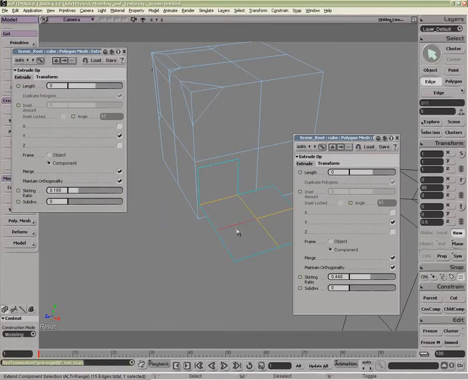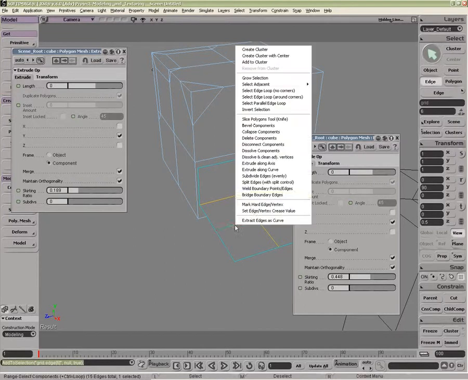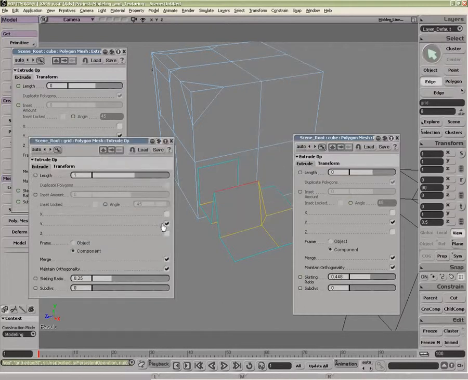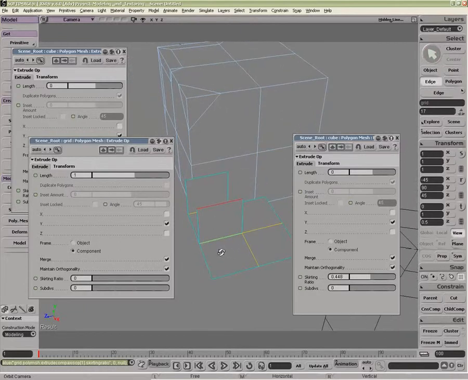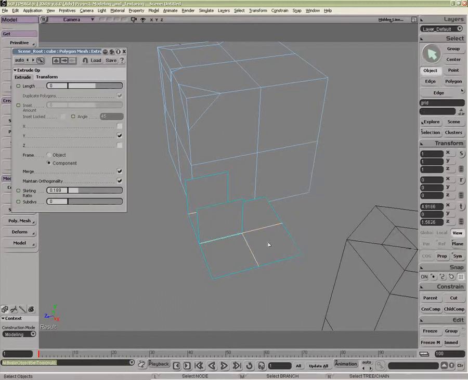Now we can do exactly the same thing with an edge on the inside as well. So if I were to extrude this as well, you can see that here I'm changing the skirting ratio to 0, but what in fact I have done there is really created a duplicated edge,